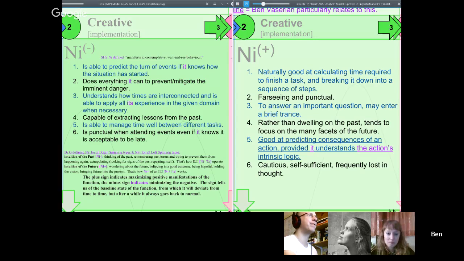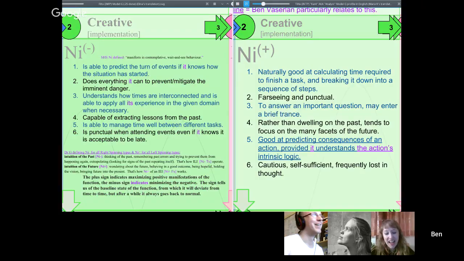There we go. What about number 3? Do you briefly enter a trance? I think you already saw it many times, my trance, and I'm not sure if it's only a brief trance. But yeah, I'm trying to really, I don't know if it's actually thinking about what I'm going to say, but sometimes it's just spacing out.